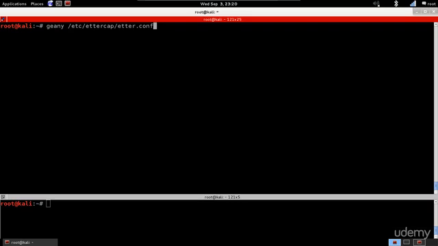So I'm going to run Ettercap using the same command as before, only that I'm going to add a target. The targets have to be split into two groups. The first group is going to be your access point, and in the second group you'll put your target. So I'm going to put 192.168.1.69. That's the IP of the client that I'm targeting, and here we have the IP for the access point. This is very important. You have to put the client in one place and the access point in the other place. So I'm going to hit enter,